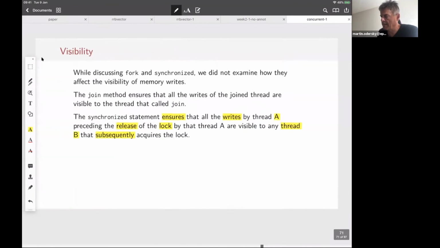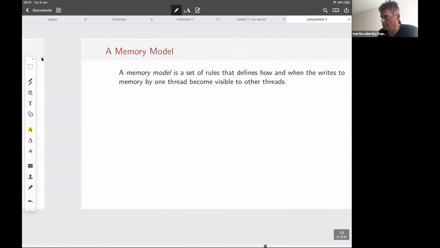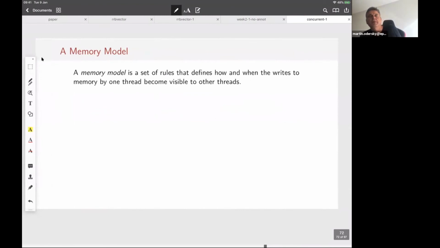So these statements are part of what's called a memory model. A memory model is a set of rules that defines how and when the writes to memory by one thread become visible to other threads.